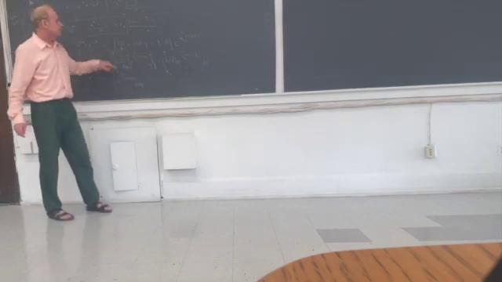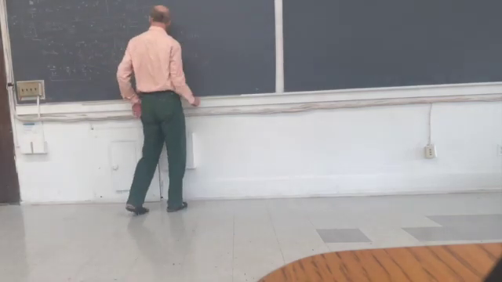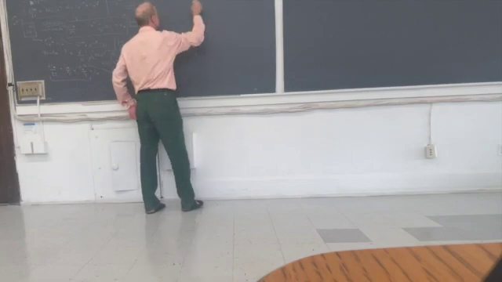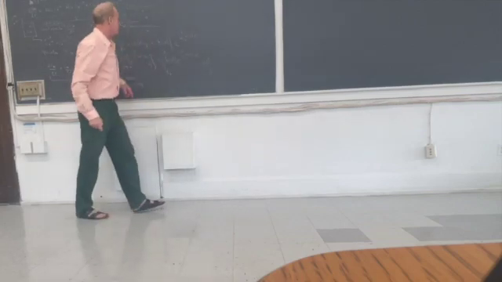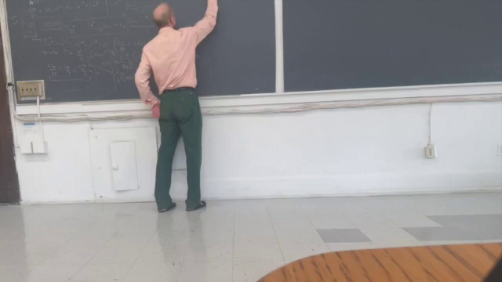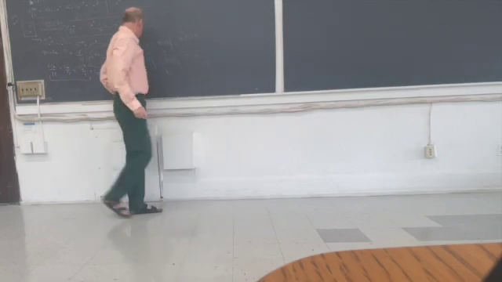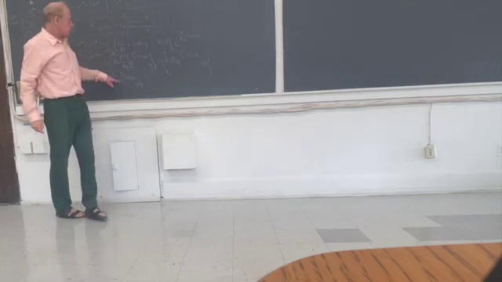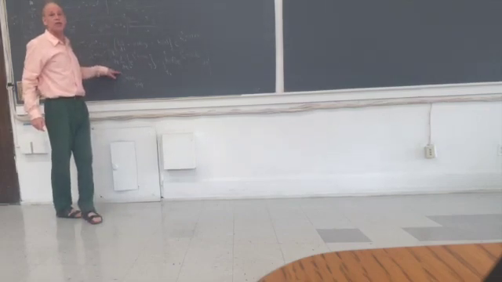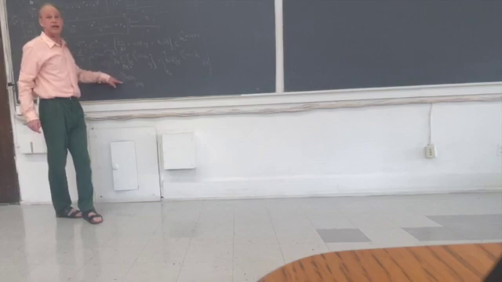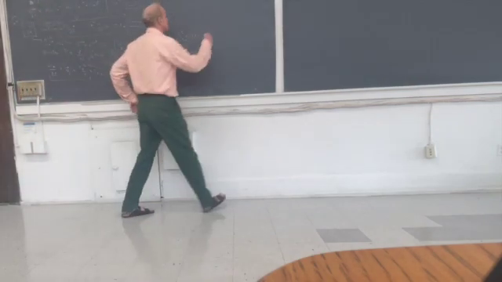So what do I get? I just get e to the integral t1 to t, a(s) ds, y(t), minus the integral from t1 to t1. What is the integral from t1 to t1 of anything? What's the area under the curve if I only have 1 point? 0. So this is just e to the 0, which is 1. So I have minus y(t1)